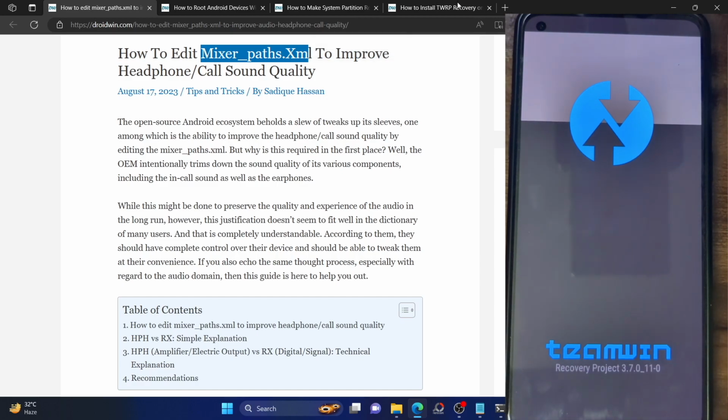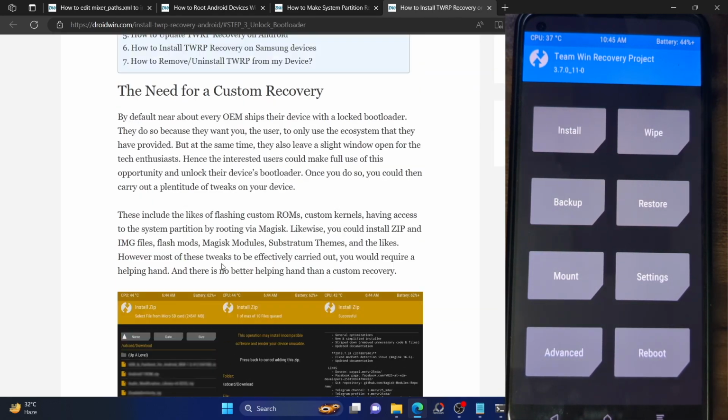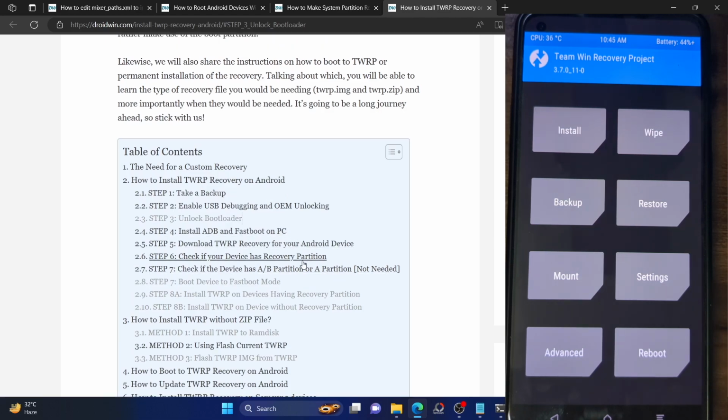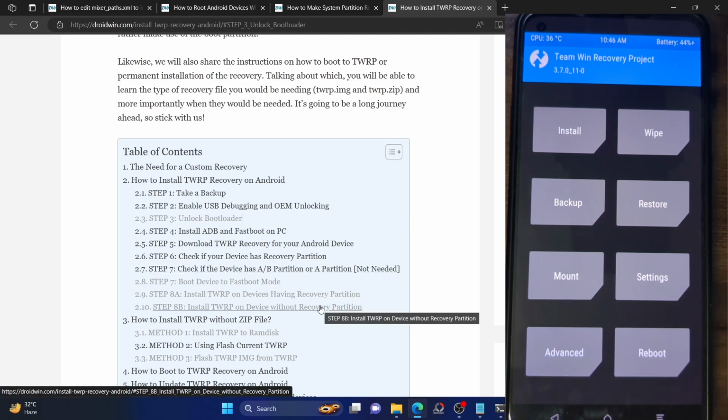In this regard, I have made this guide and I will explain all the use case scenarios. Let me show you, just a minute. In case your phone has a recovery partition, in case your phone is AB partition or just A partition, if your phone has a recovery or if there is no recovery partition, if your phone has a recovery RAM disk partition, how to install the recovery without using the zip file, I will explain all these use case scenarios. So please make sure to go through them and then flash the recovery accordingly. If your phone does not have a recovery, again that's not an issue, but as of now I am only discussing the steps for those users who have a recovery.